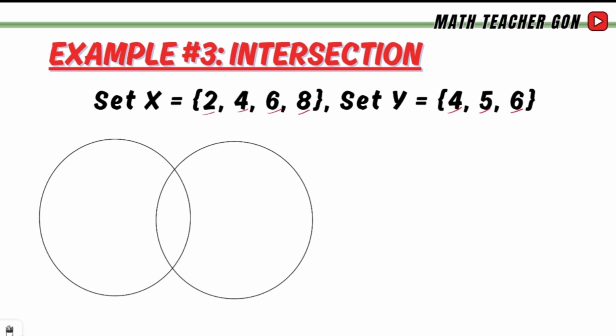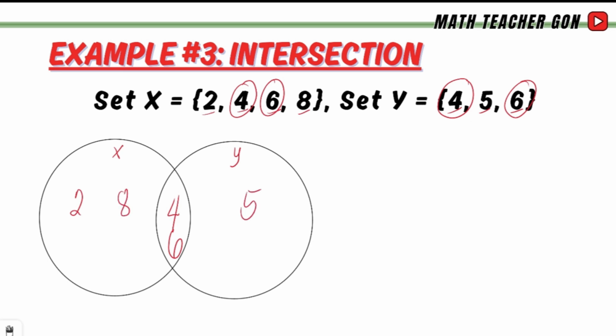Okay, so all we have to do is to write the set X and Y. Same elements will be in the middle. Also, you have 6. So 4 and 6 in the middle, and the rest you write 2 and 8. And then here on Y you have 5.